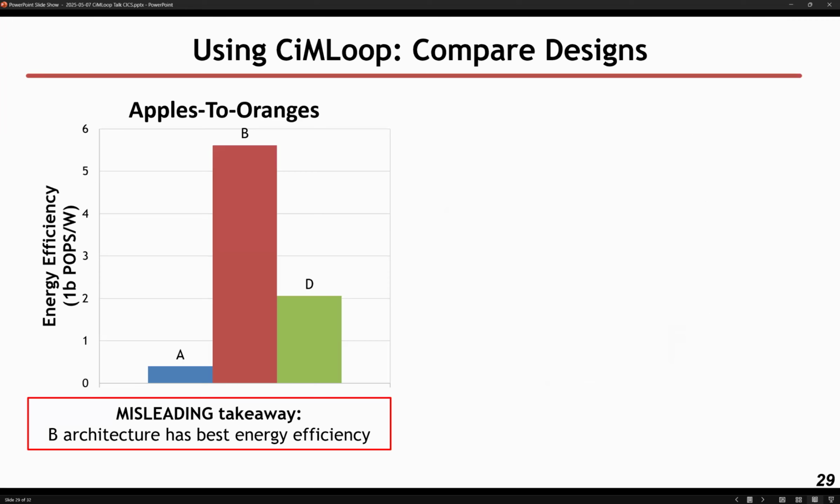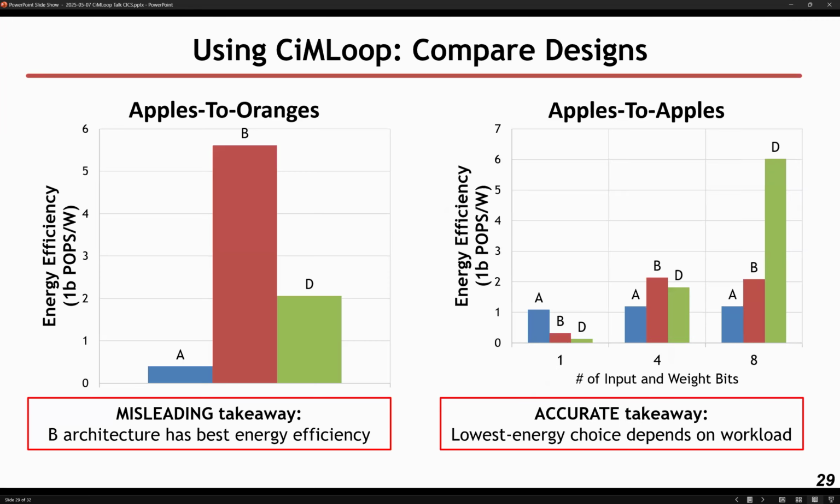When we do this, we get a much different result. And this is our apples to apples fair results, which has the accurate takeaway that the lowest energy choice is actually going to depend on your workload. If you have one input and weight bit over here on the left, you will have highest energy efficiency with architecture A. If you have 4 input and weight bits, you'll have the highest energy efficiency with architecture B. And then with 8, you'll have the highest energy efficiency with D. So this is a very different result than what we saw just reading the papers and taking their numbers. And that really speaks to how important it is to have a modeling framework that can take all of these factors into account when you're creating architectures and actually designing compute memory macros or making decisions at any level of